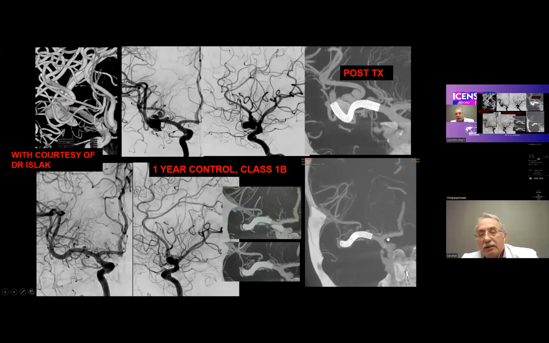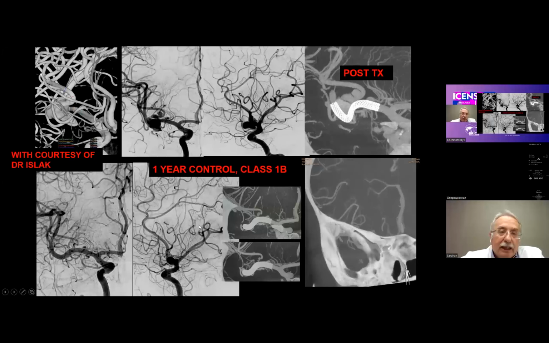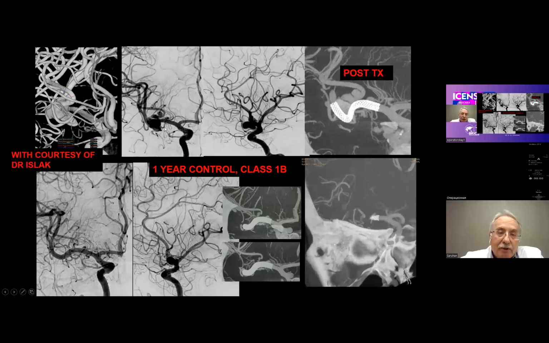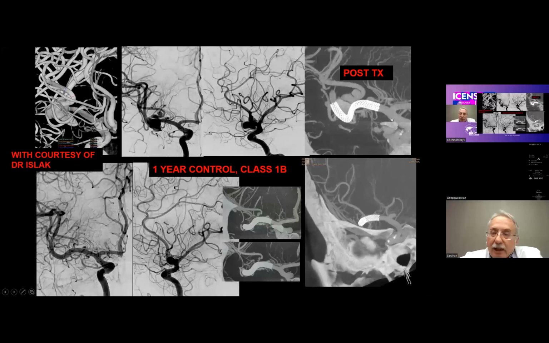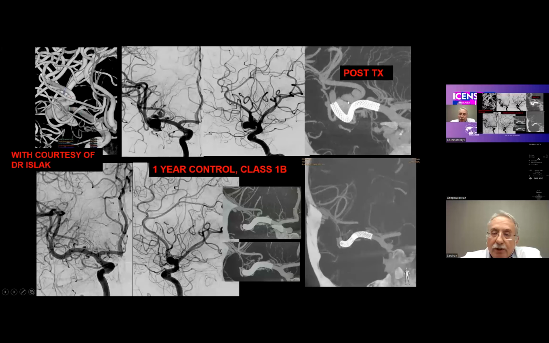This is a case that I got from my good friend Ishtak, and this is the MCA aneurysm. I'm going to be diluted later on. And you see a complex MCA, and there's a bifurcation aneurysm, and also there are some other aneurysms. Multi-segmental disease goes into the superior trunk. So while he was treating that,